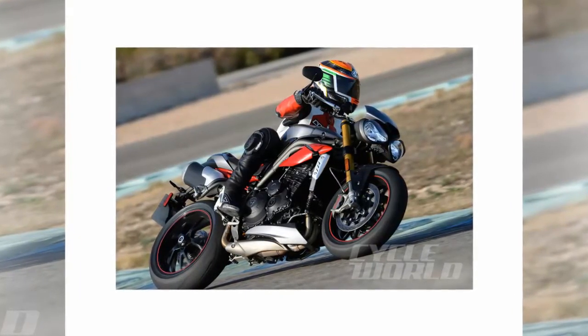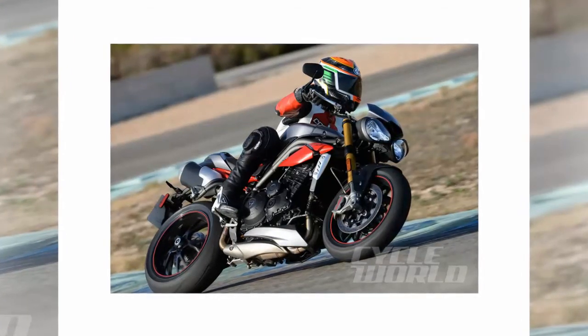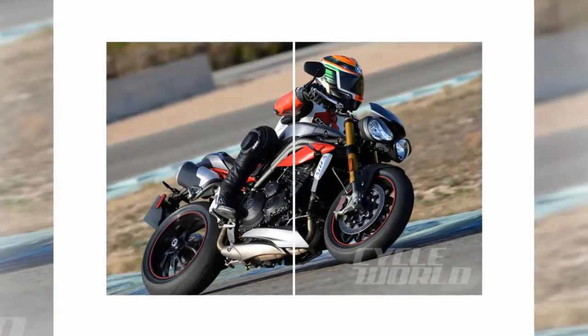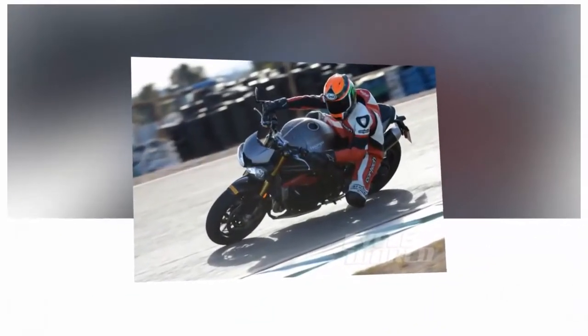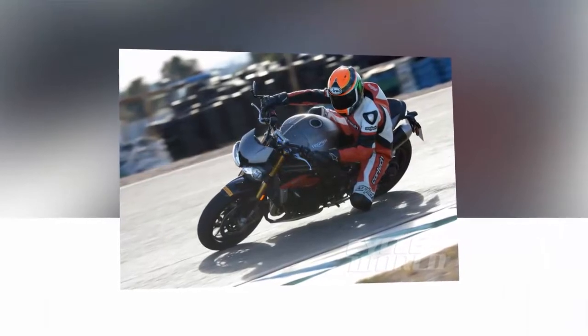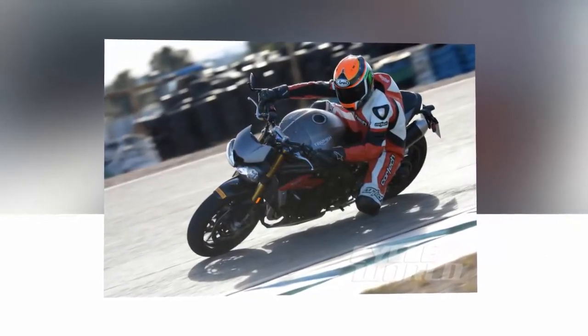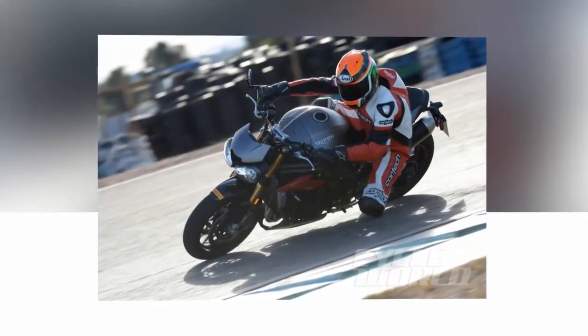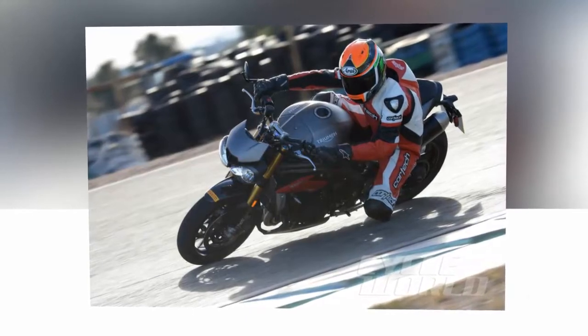However, possibly to Triumph's chagrin at the time, the term that stuck was Hooligan, which more accurately captured the rowdy essence of the machine. In the 22 years since the Triple first broke ground, other manufacturers have followed suit with their own naked upright machines. However, Triumph unofficially remains the sole custodian of the Hooligan description, which the British marquee now wears as a badge